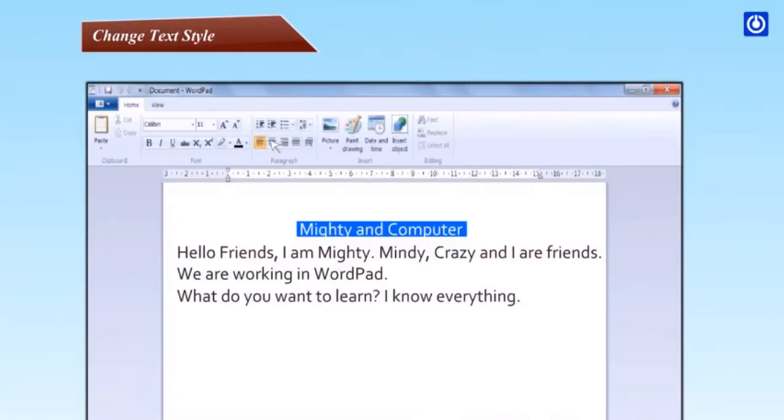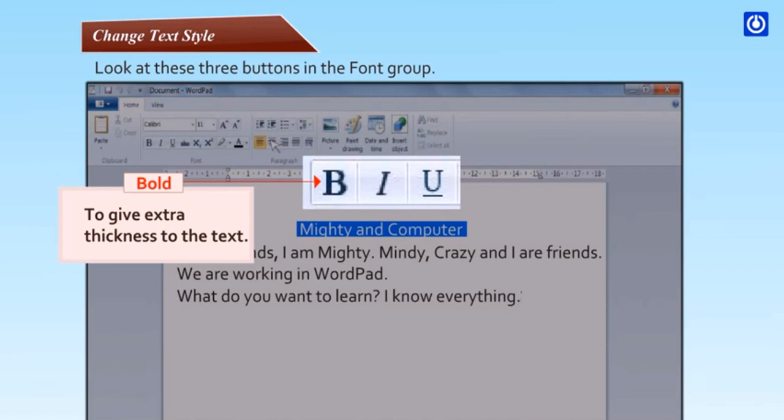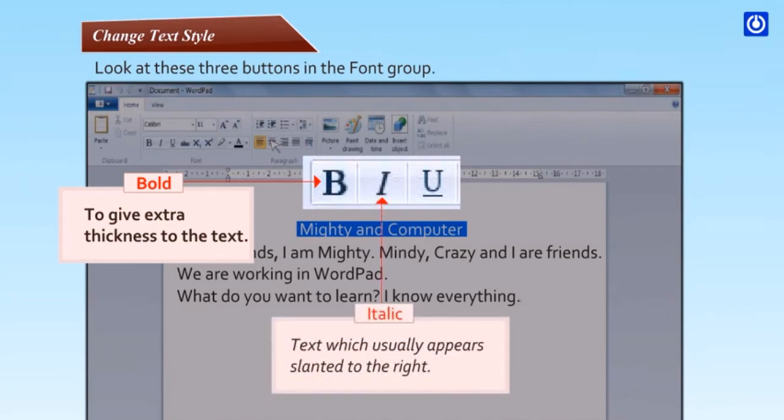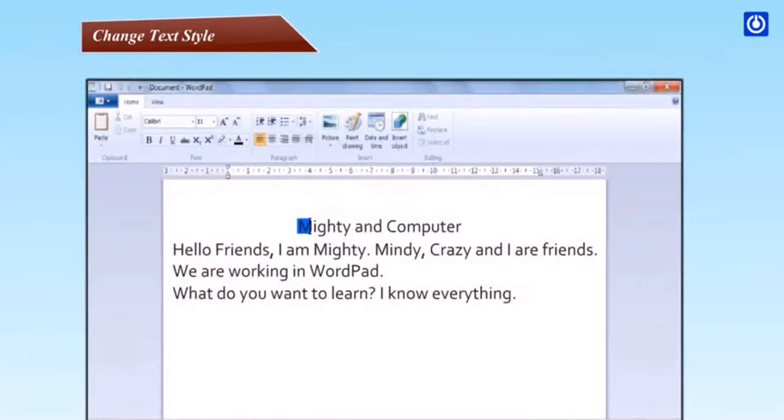Change text style. Look at these three buttons in the font group. Bold, to give extra thickness to the text. Italic, text which usually appears slanted to the right. Underline, adds a line under the selected text. Step 1. Select the text Mighty and Computer. Step 2.